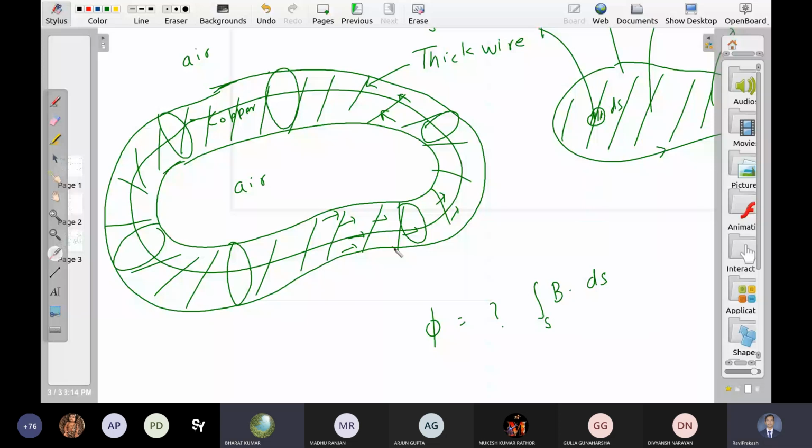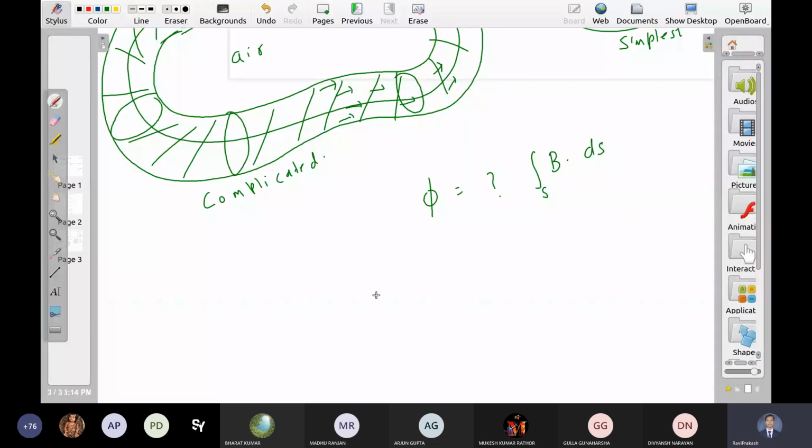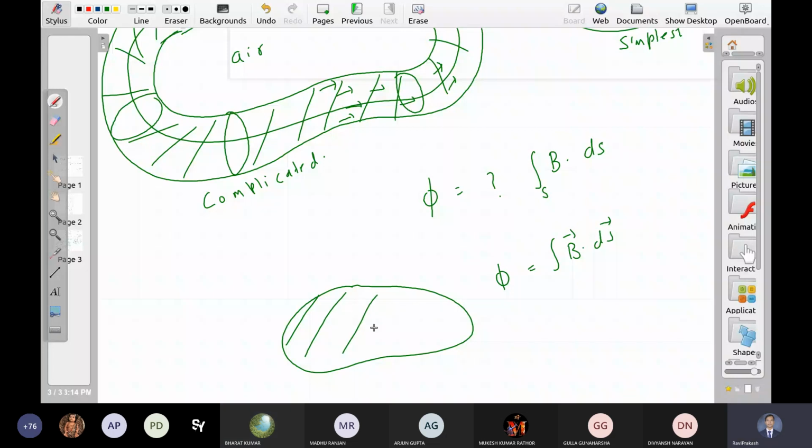So this is the simplest case, right? Here we have only one wire, so we don't have to think much about it. This is a complicated case. Let me make an intermediate case, something like this. Simple loop. How much is the flux passing through it? B dot ds. What is S? We know this area. Yes, this is equal to L times I.